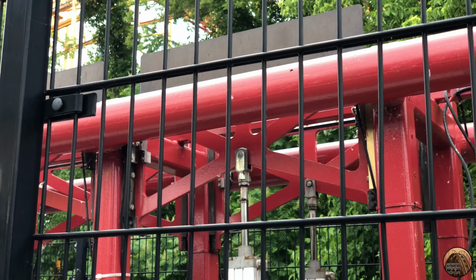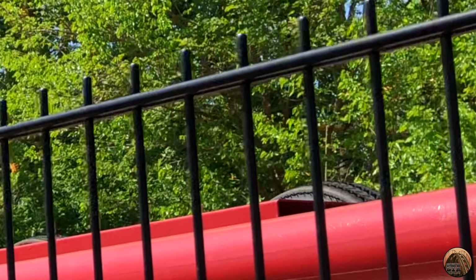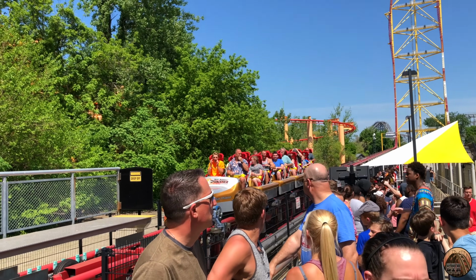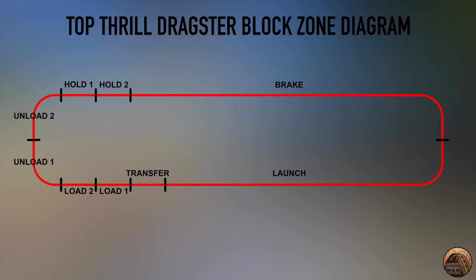This means the adjustable brake fins lock in the upwards position, which slows trains, and the adjustable tire drives on the final brake run lock in the downward position, which means they do not come in contact with the train. When the tire drives are unable to come in contact with the train, trains will continue to crawl through the final brake run without stopping. Thus, the final brake run is incapable of actually stopping a train, and a train will come to a stop